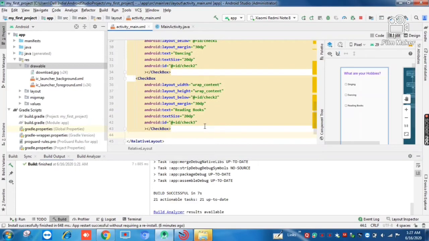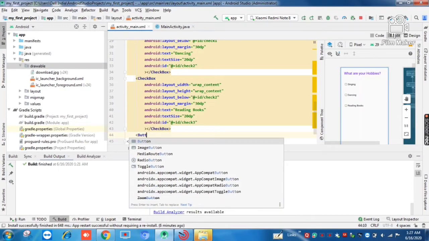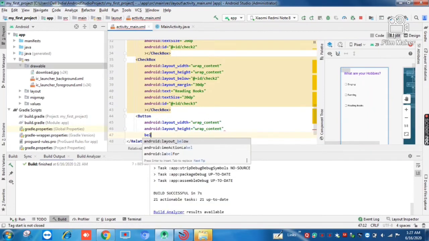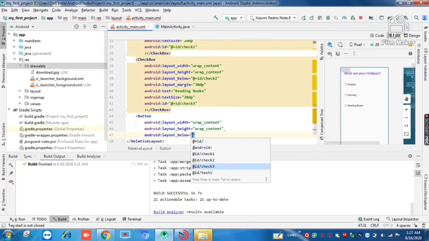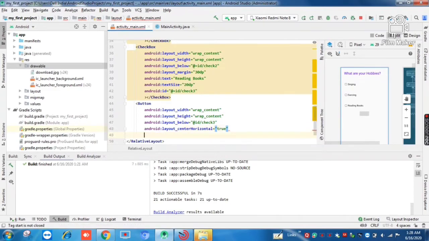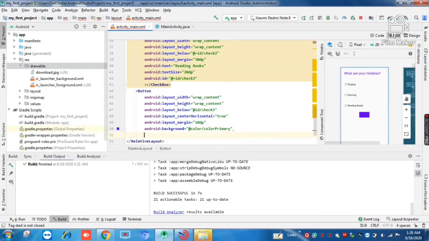Now we also need a button to inform the user about the checkbox he has selected. So let's create a button. Type button, give its height and width as wrap content, put it below our checkbox 3, align its center, set its margin as 10 dp and set its background to color primary to match our text view, and write its text as submit,